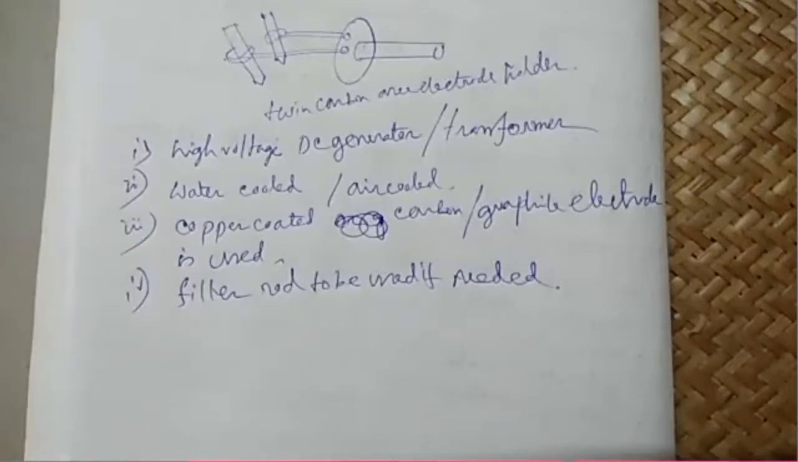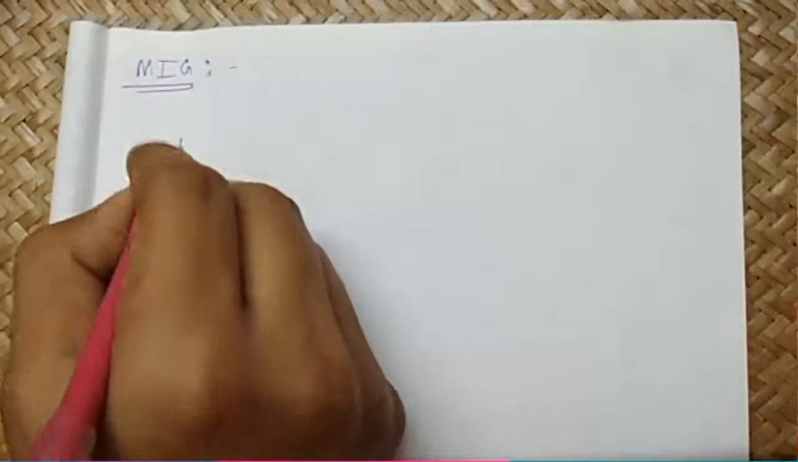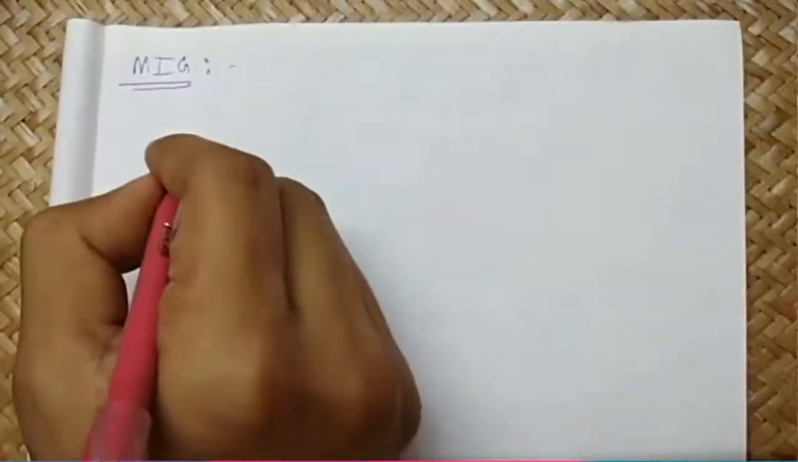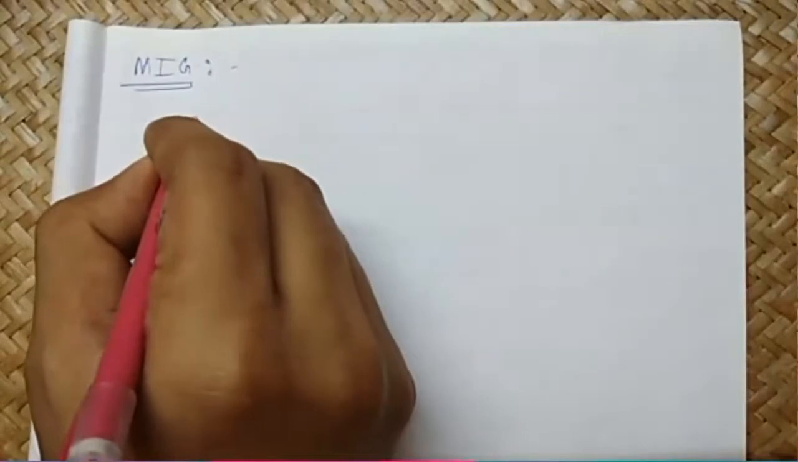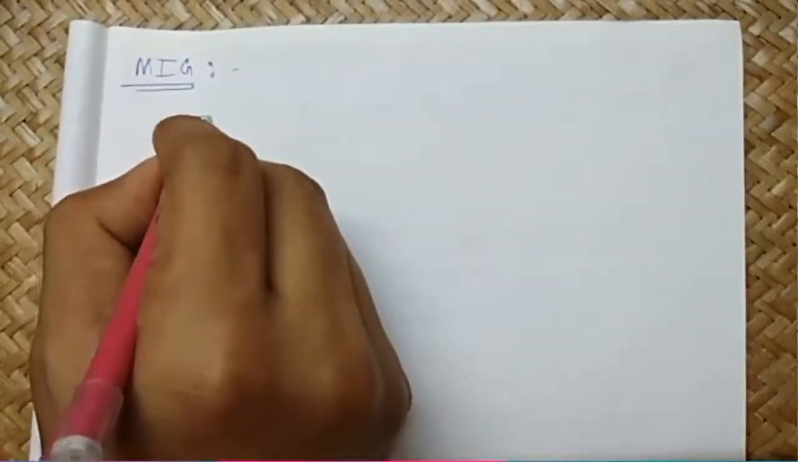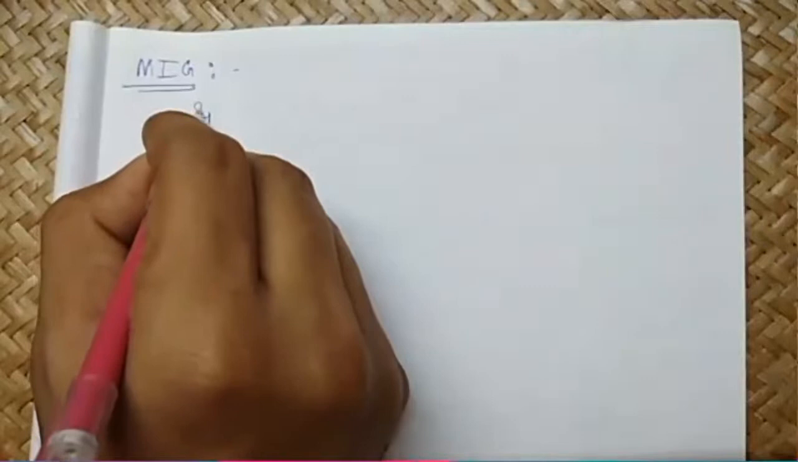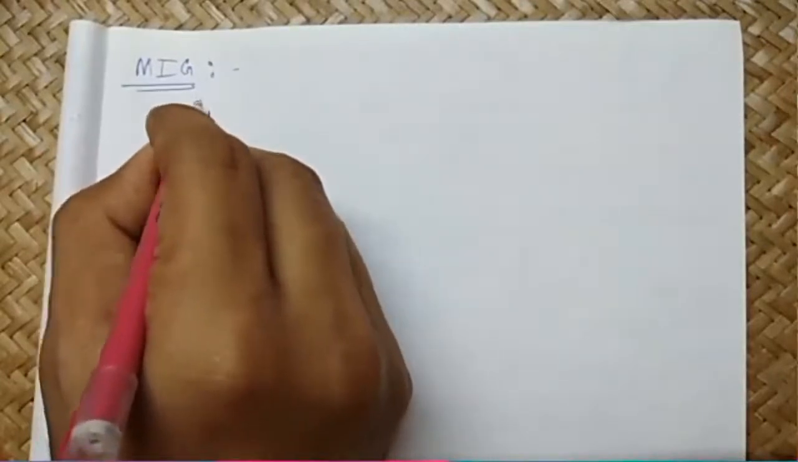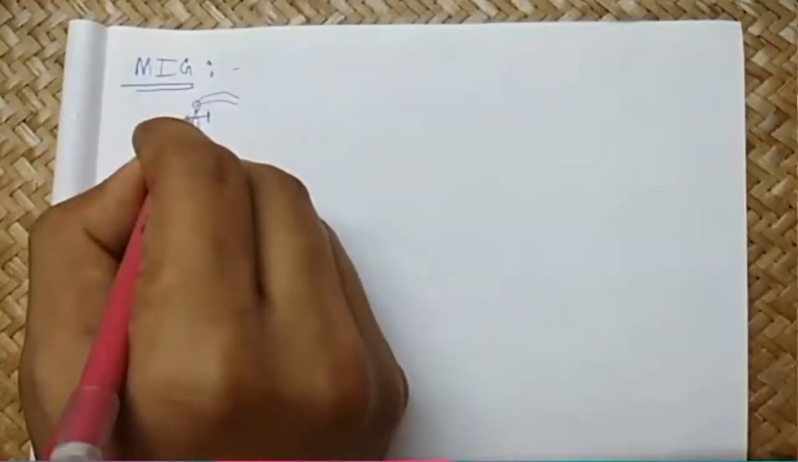Okay, any questions on carbon arc welding? No questions. Okay, then we go for our next topic, which is metal inert gas arc welding, or MIG. In MIG, there is an inert gas cylinder with a valve, and there is a